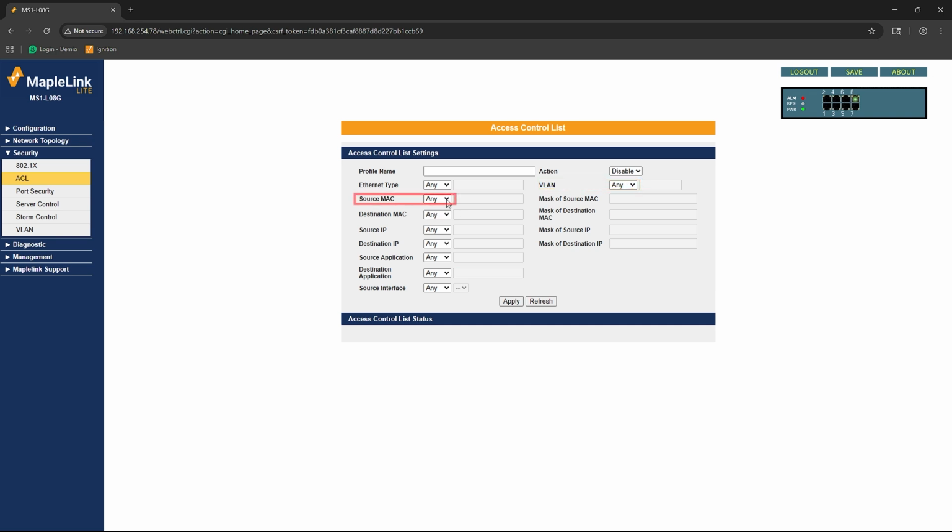Source MAC. This is the unique hardware address of the device sending the traffic. You can filter traffic coming from a specific computer or device. The mask of a source MAC. This is a way to apply the rule to a group or range of MAC addresses instead of just one